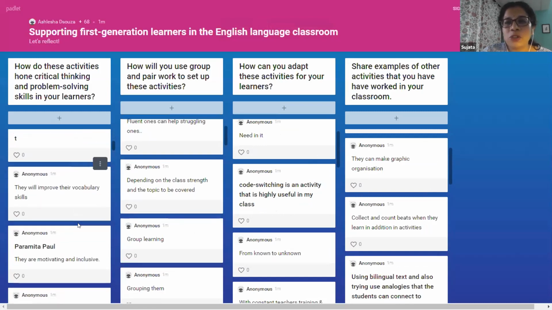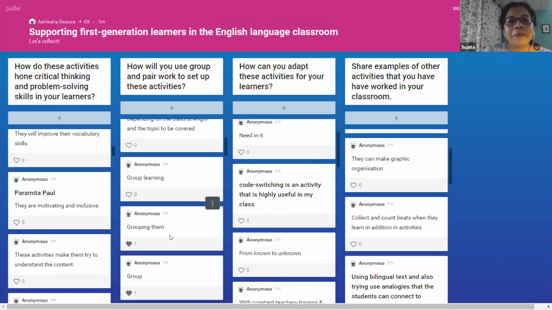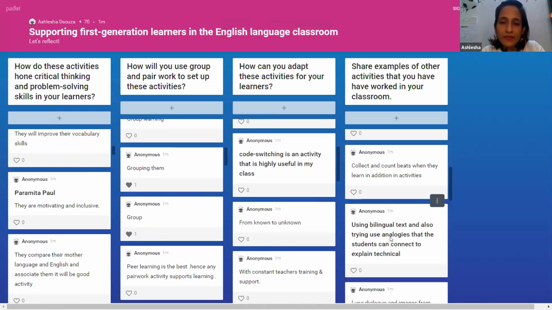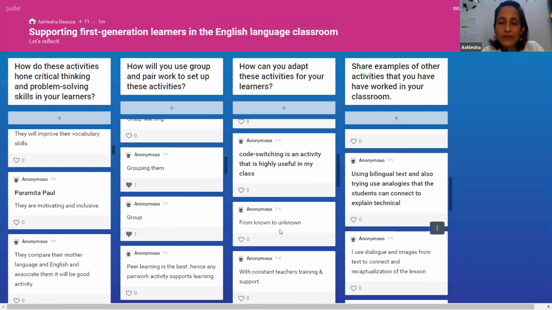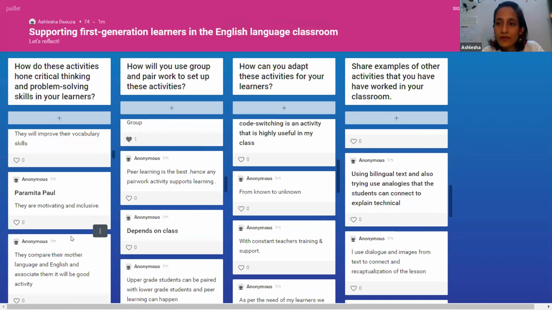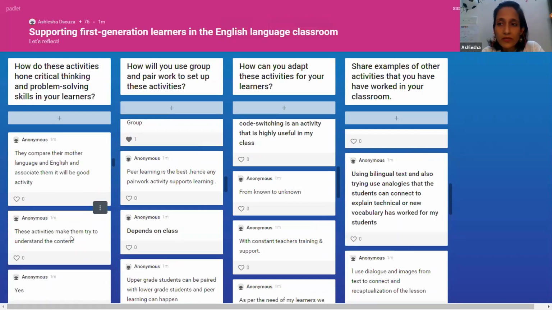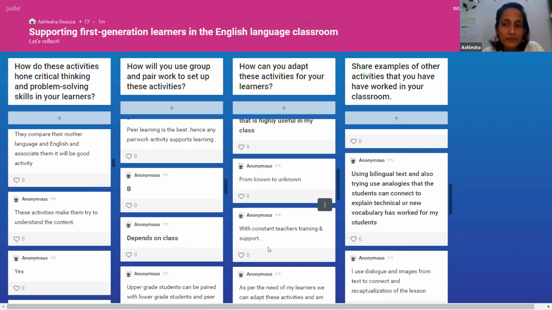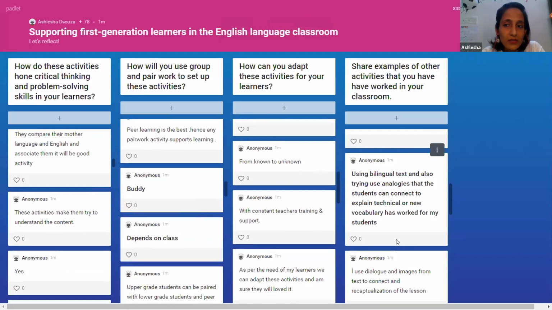Also, we're just trying to show you what it looks like, and it's really great because if you add how you can adapt these activities or use them in your classroom for different subjects, it will benefit around 300 teachers, which is a great way to collaborate and work together on teaching better. Some really good ideas. Some of you are saying to use dialogue and images from the text to connect